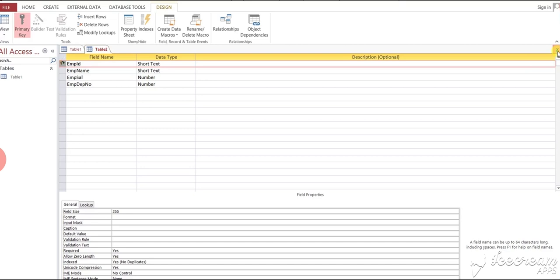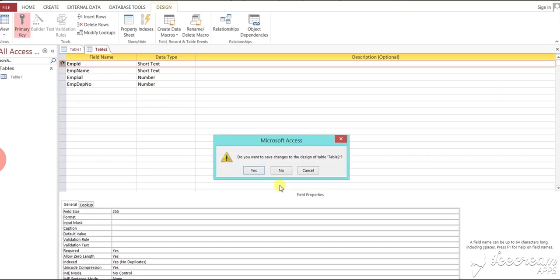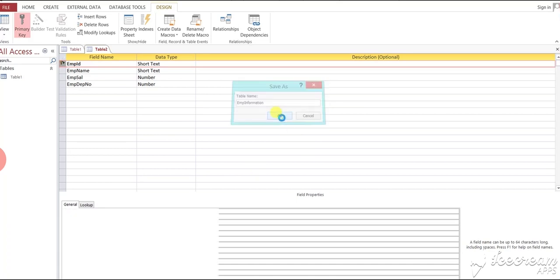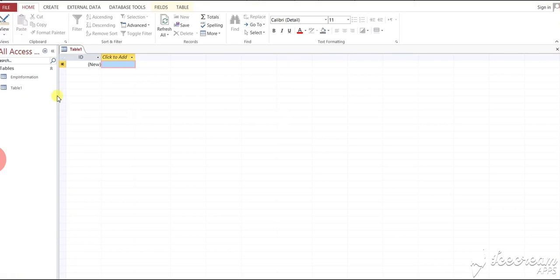Then after close the design view, then click on yes, then give the proper name of the table. Here given the name of table EMP information, then click on OK button. Now next step is click on EMP information. You can see a table, then insert one by one record. So first record is E001, then insert employee name,